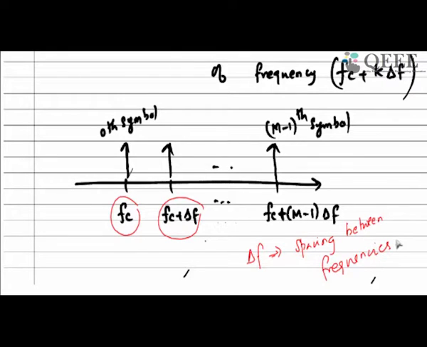So for instance, if you have 4 frequencies, F1, F2, F3, F4, you can choose F1 as the carrier frequency FC, F2 as FC plus delta F, the third frequency will be FC plus 2 delta F, and the fourth frequency will be FC plus 3 delta F. So you have the spacing of delta F between these frequencies. Now the question is, what should be the spacing delta F so that these frequencies are clearly distinguishable in this duration of T seconds, because that is the duration in which you are sending the symbol. In the next T seconds, you will send the next symbol. So within T seconds you should be identifying which of these frequencies was sent.